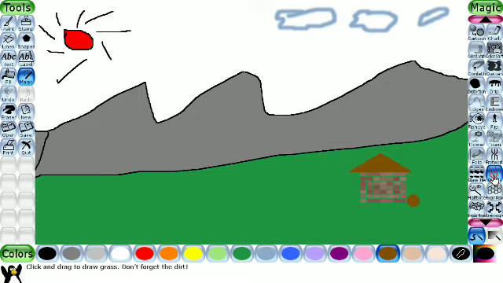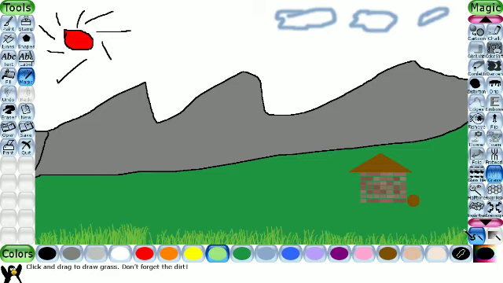Just click on that grass and select the color of your grass. What color you want for your grass. Select it and click and drag on the screen where you want the grass. Now you can see that it's like grass. So that is an easy tool. The magic tool provides so many buttons using which you can draw different objects. So that is how to draw grass using the magic tool.